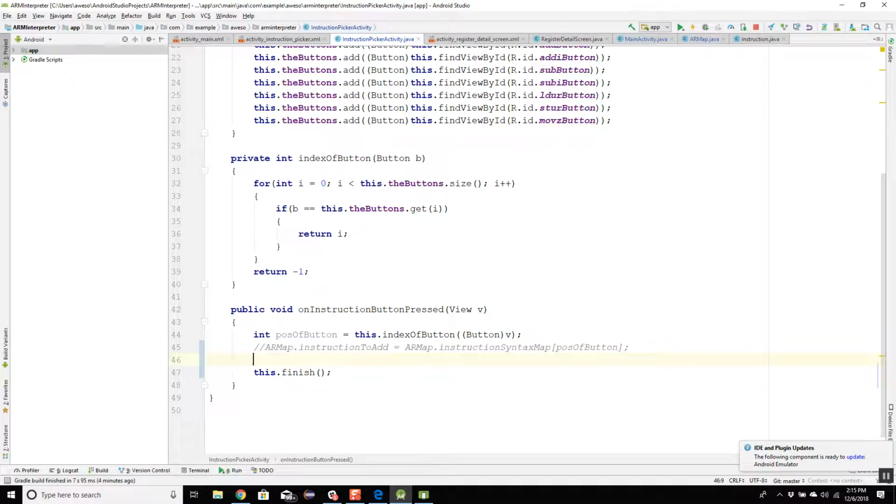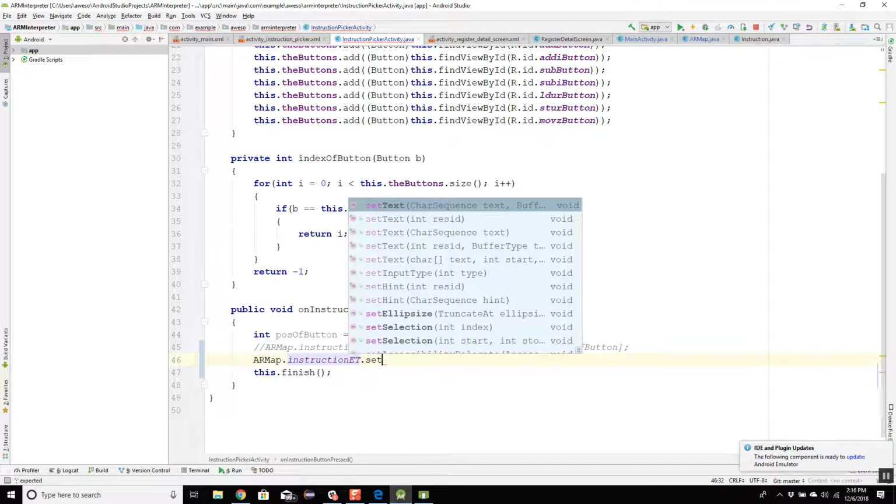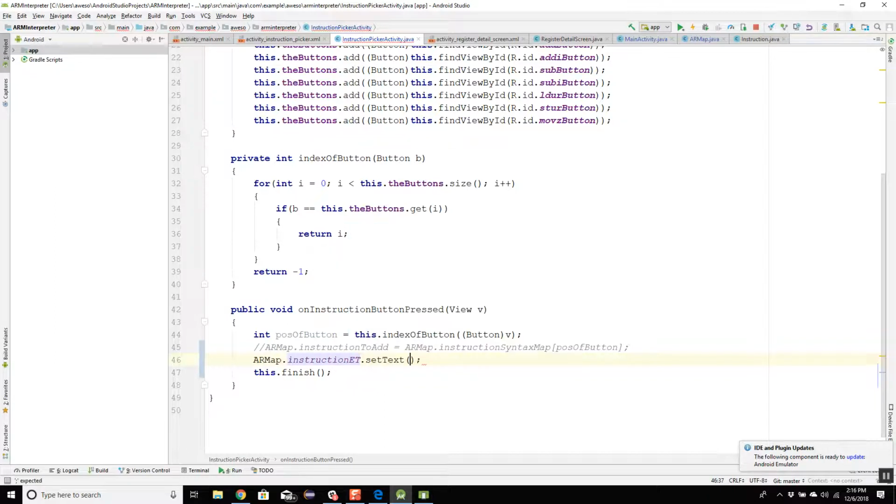So what we'll go ahead and do is we're going to say AR map dot, what's the name of my thing? Instruction ET dot set text equal to AR map dot instruction ET